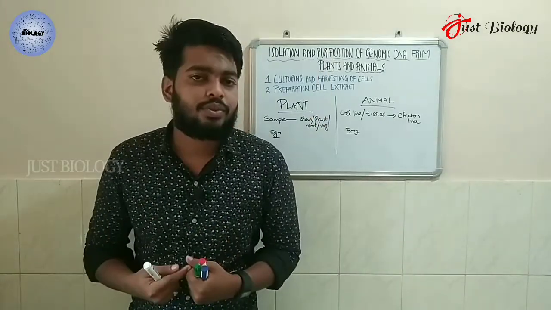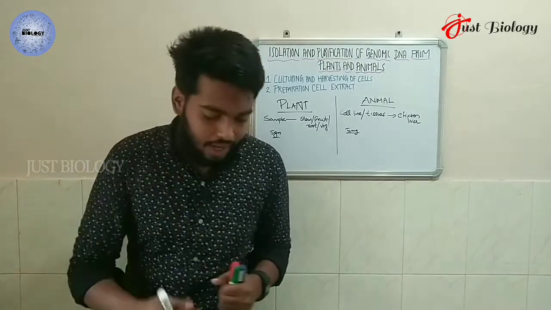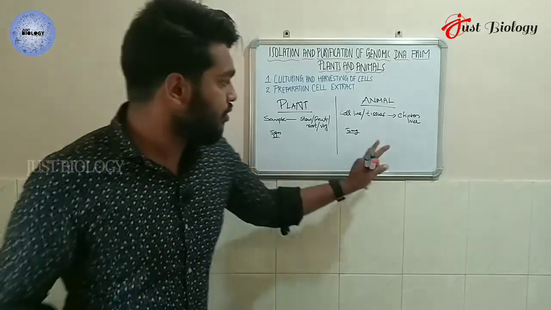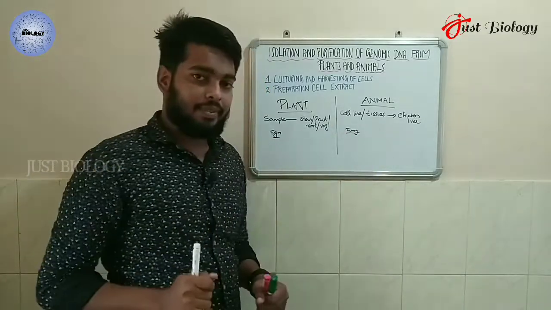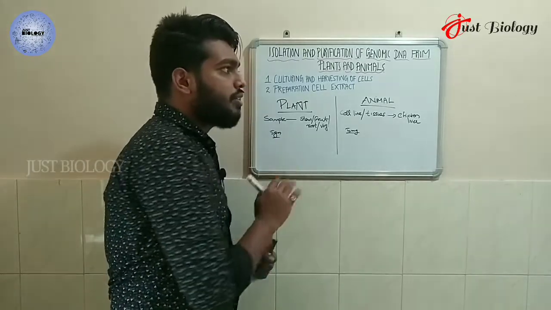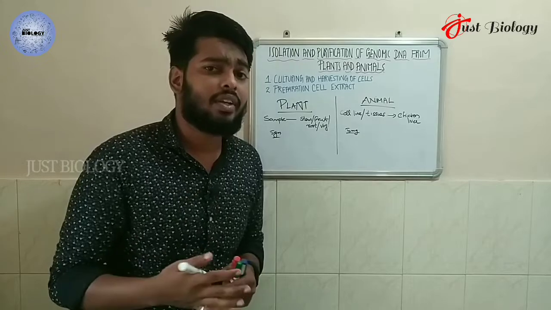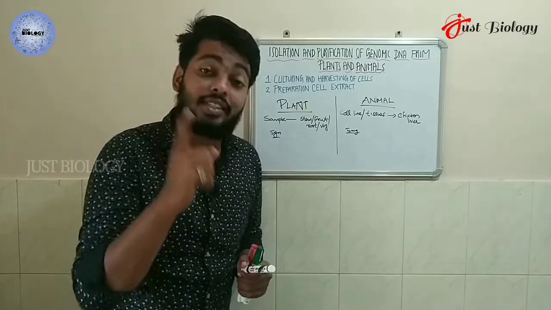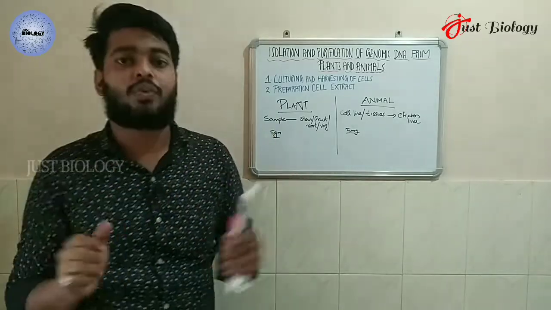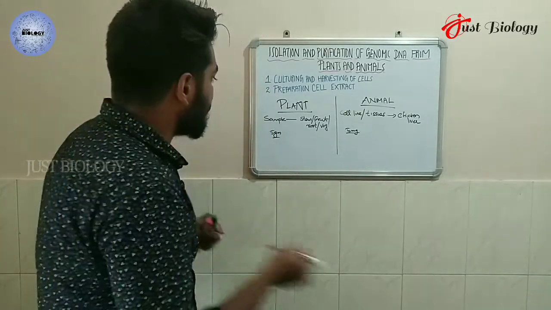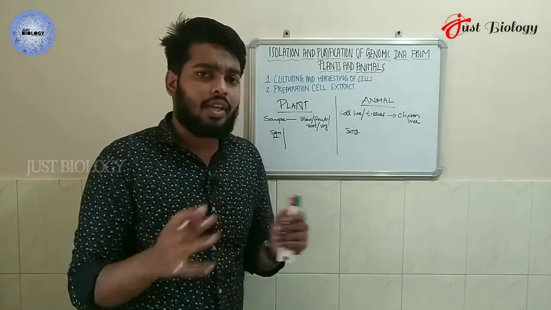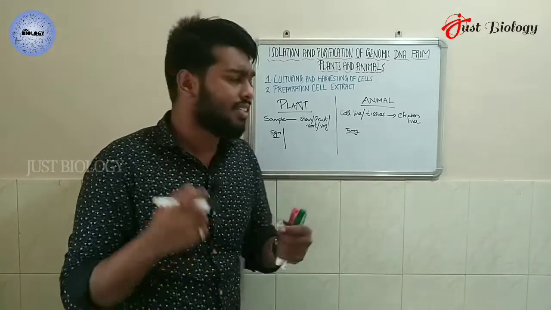In case of plant, I have to break the cell wall as well as the cell membrane first. In animal cells, I have to break only the cell membrane because they lack the cell wall. For breaking the cell wall as well as the cell membrane, I have to degrade the cell wall. Before the degradation, you should know the composition of the cell wall. In case of plant, they have a various composition. However, they are made up of polysaccharides like cellulose.